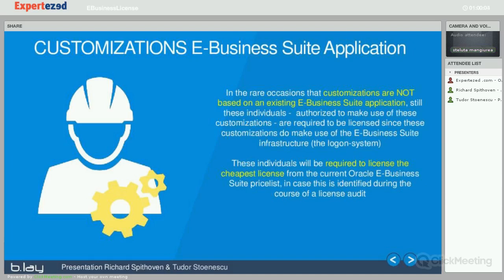Now, it can also be that customers do make customizations within their eBusiness Suite software, but that they do not base those customizations on an existing eBusiness Suite application itself. They completely build some functionality themselves, which is supported by the eBusiness Suite software, but is not actually based upon the IPRs from Oracle. For those customizations, which are rather rare, but that are not based on an existing eBusiness